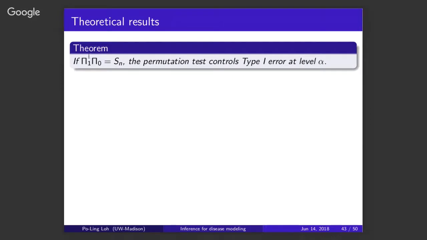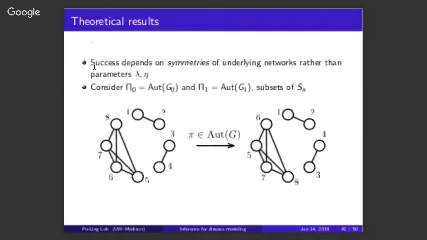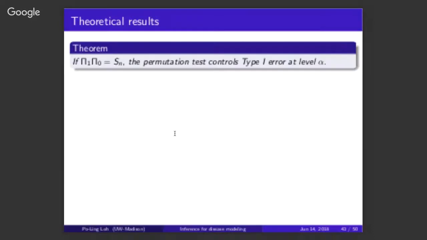So the theorem that we have is that the permutation test succeeds whenever the product of these two automorphism groups is equal to the full permutation group. So just as a simple illustration, I was saying before that if the original graph were the complete graph, then this method should intuitively, trivially work out. So in the case when the graph G0 is the complete graph, then the automorphism group is going to be all of Sn. Because remember, automorphisms just have to preserve connectivity, and if everything is connected anyway, then any permutation is fine. And so if we go back here, this condition is definitely always holding, right?